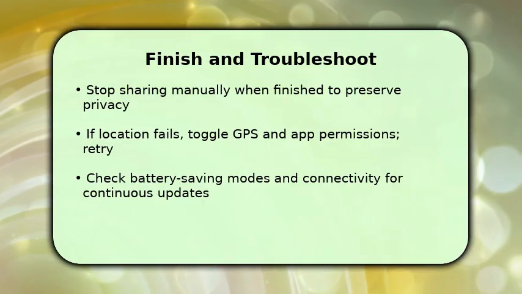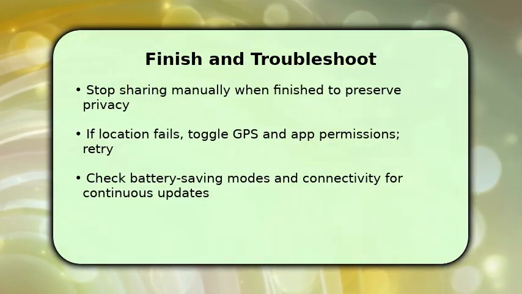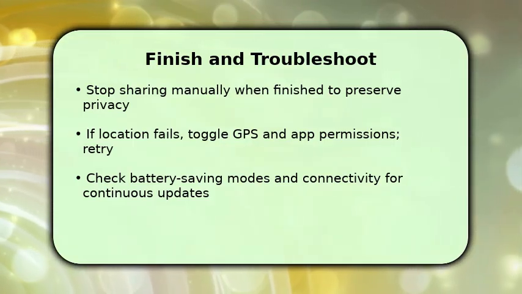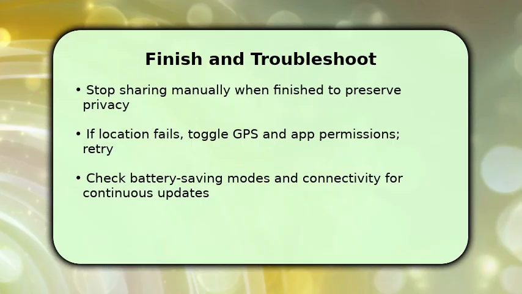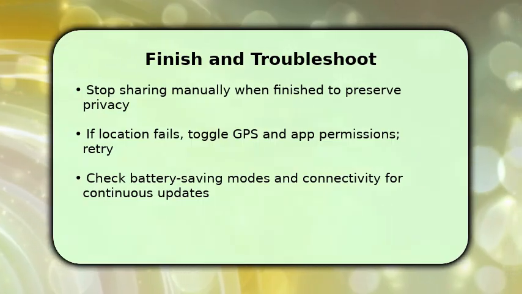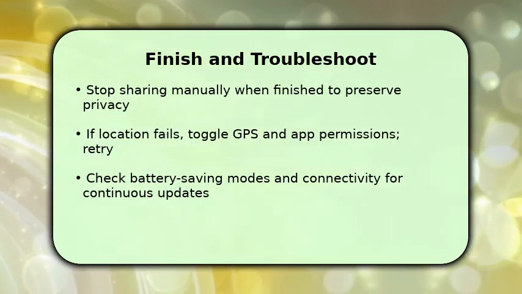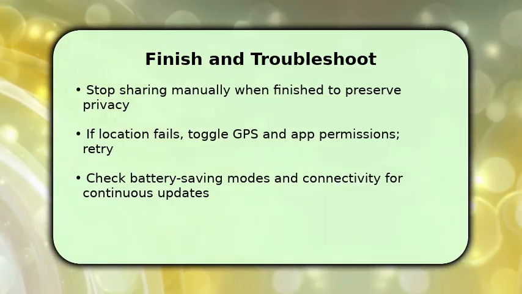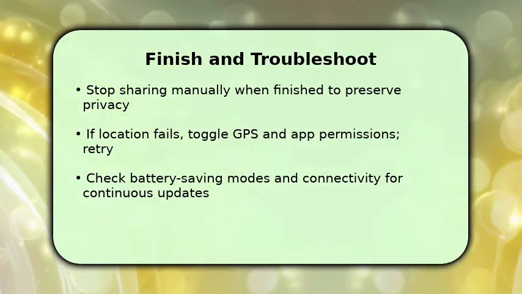If the location doesn't appear for your contact, first toggle your GPS and Wi-Fi or cellular data. Next, check the app's location permission and background refresh settings and try again. Also, make sure Battery Saver isn't restricting GPS updates. If problems persist, restart the app and device. This often clears temporary sensor